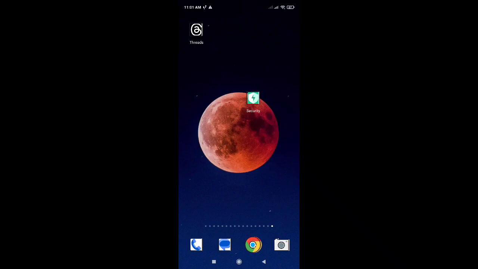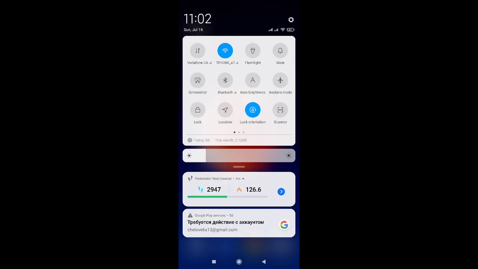Hello, in this video I want to show you how to activate auto brightness on the Xiaomi Redmi Note 10 Lite. First you need to open this panel and here find the auto brightness on this page. I have it on the first page, but you can find this on other pages on your phone, and